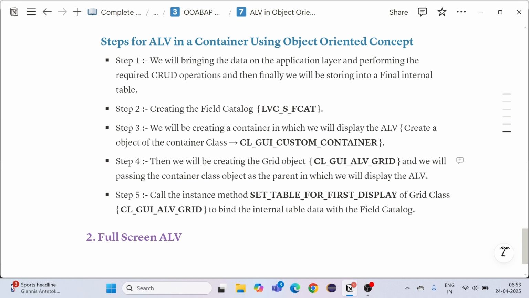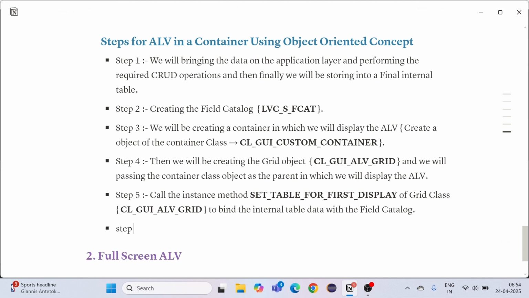So we are going to do the binding of our internal table data with the field catalog, and it will be displayed. At last, we will be calling the screen,